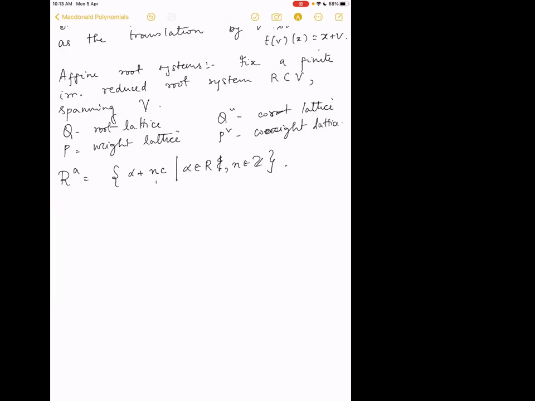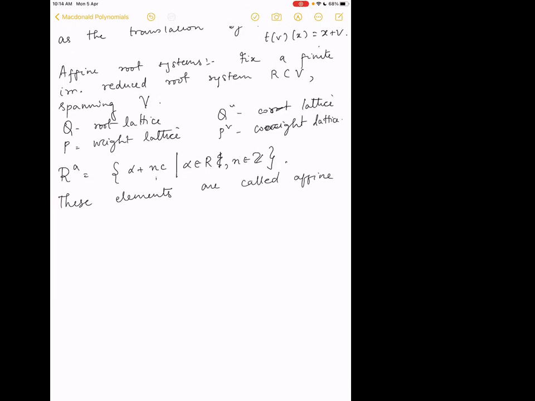But then going from this to any affine root system will require a bit more work, which I'm skipping basically. So these elements are called affine roots. When we get to the example of GL_n, I'll draw the picture for GL3, or sorry, SL3, and we'll see how these things look. These elements are called affine roots, and of course R is contained in R_A,